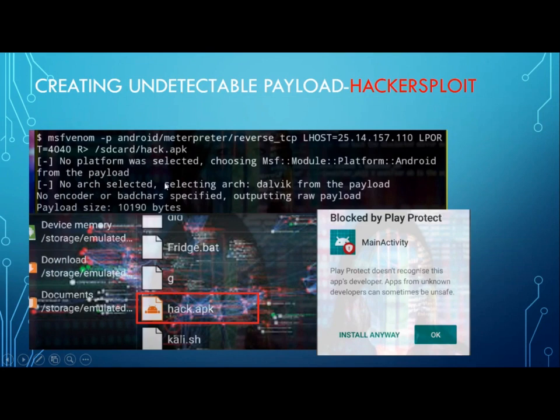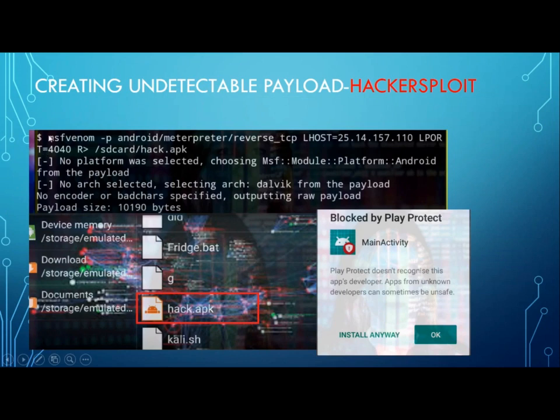If the victim has a strong antivirus in their Android device, it will not allow you to install it in their system. That APK will not be installed. So to make it work, we need some applications that are available, and that will help you gather the information and take control over their device.